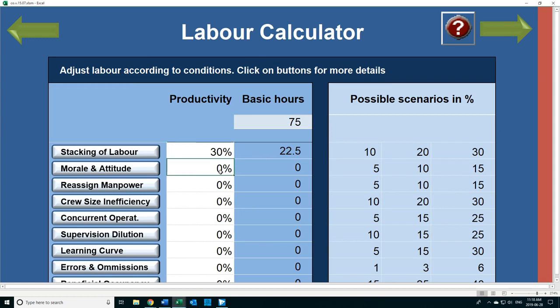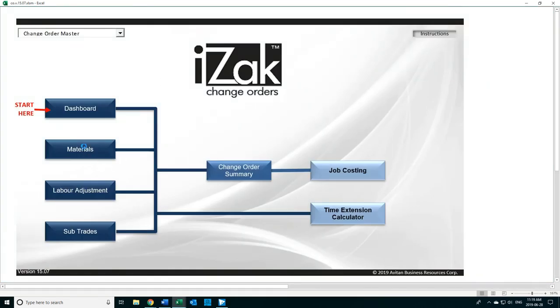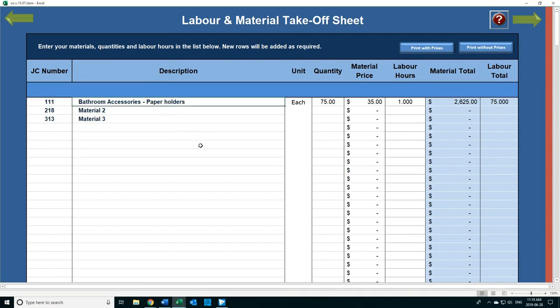Now, morale and attitude. That would not apply particularly to this type of a change like the paper holders. But let's say, for example, that you've got a change order that requires to do work that's already been done. So let's go back for a minute. Let's go back to materials, and we change these to